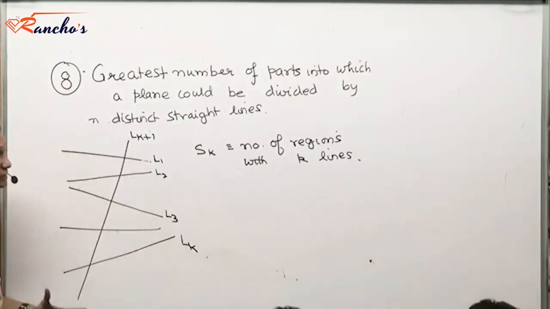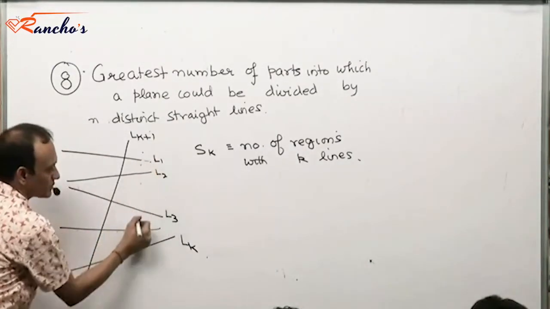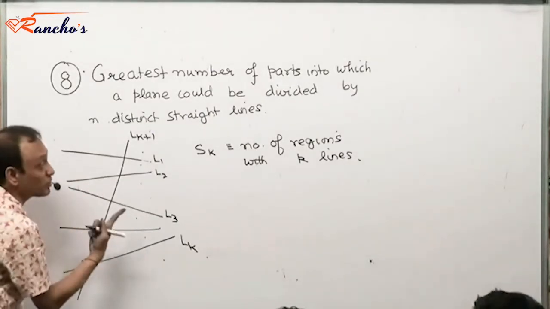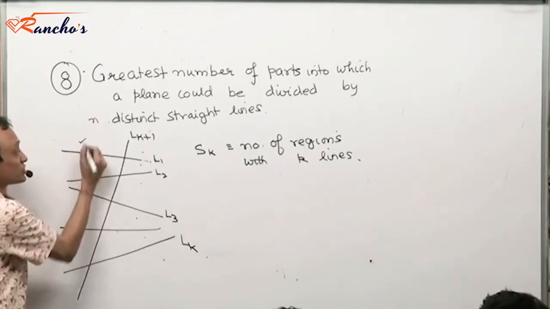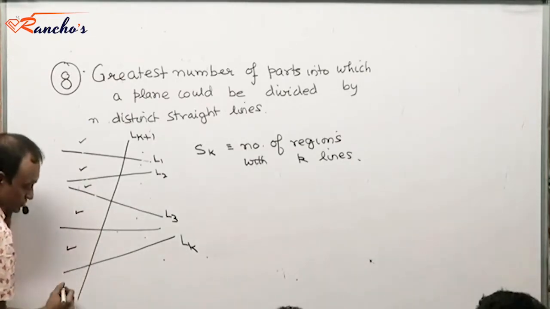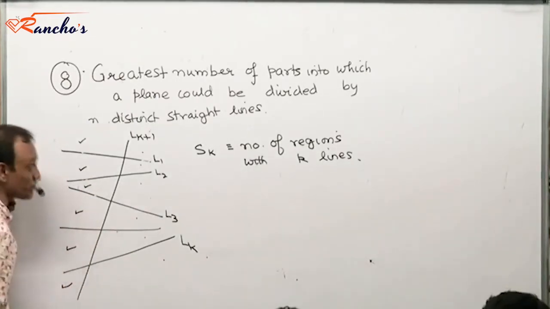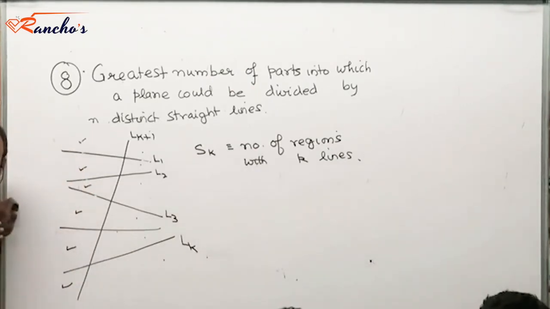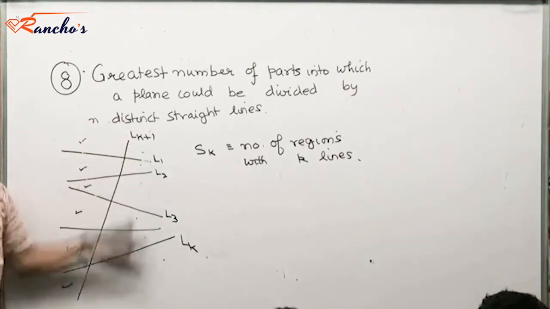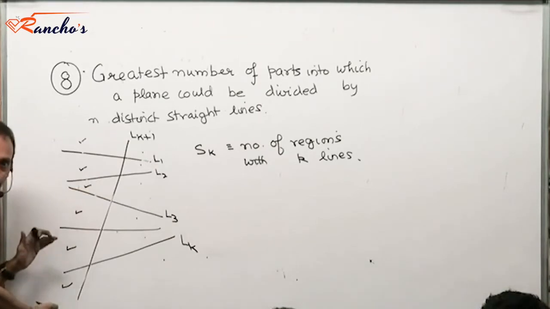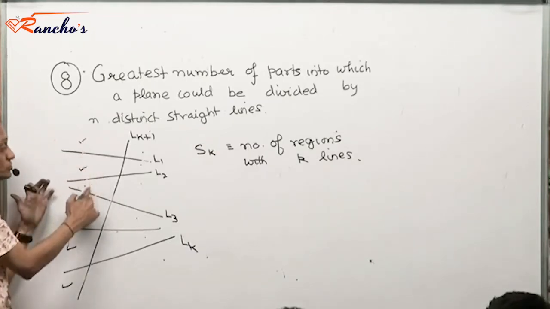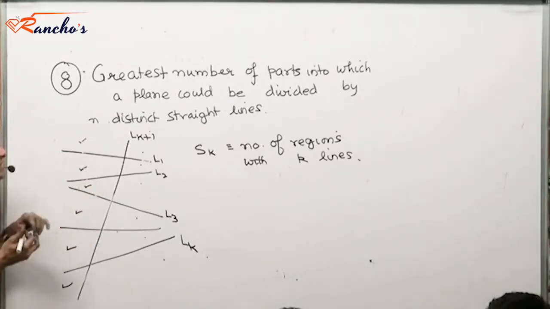Now, if I add another line, see, these were the regions essentially when k lines were there. Now, what is the increase in the number of regions? See, this is the increase. This region has got added, this region has got added, and so on. Wherever I have shown you the ticks are the increase in the number of regions. If one line was added to k lines, there were k lines and this was the k plus 1th line. Do you realize?